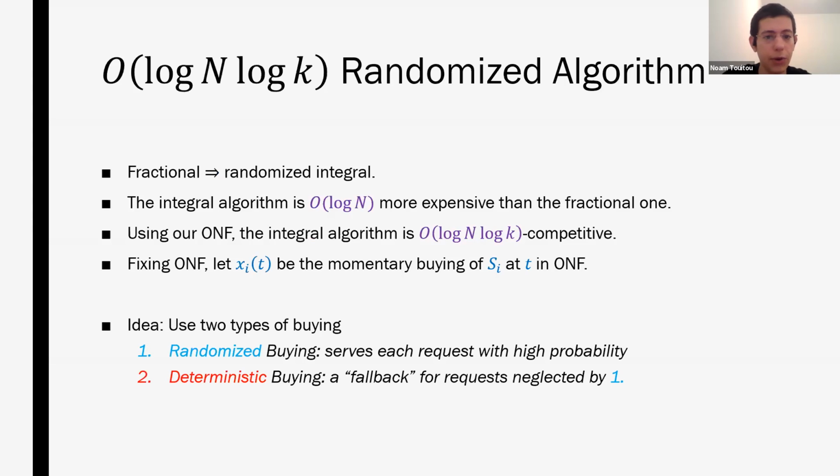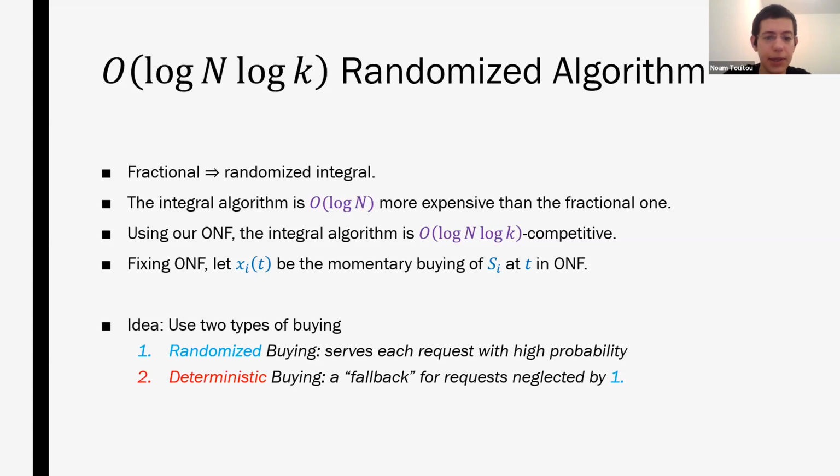So we're going to fix our fractional algorithm, and we're going to let XIT be the momentary buying of the set Si at time t in this fractional algorithm. Now, in the randomized integral algorithm, we're going to use two types of buying of sets. The first type is randomized buying,